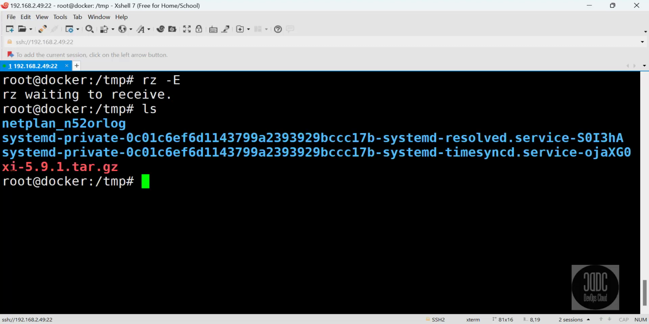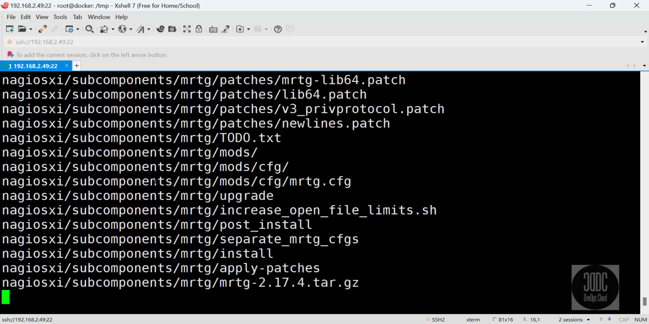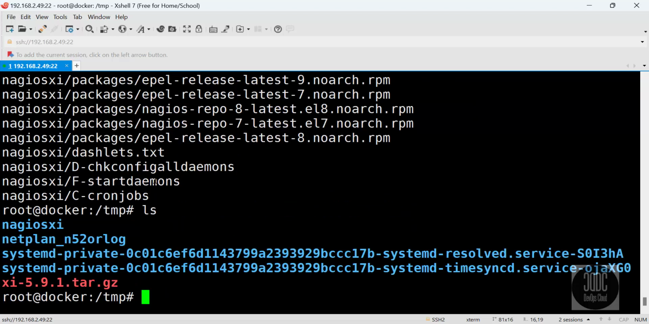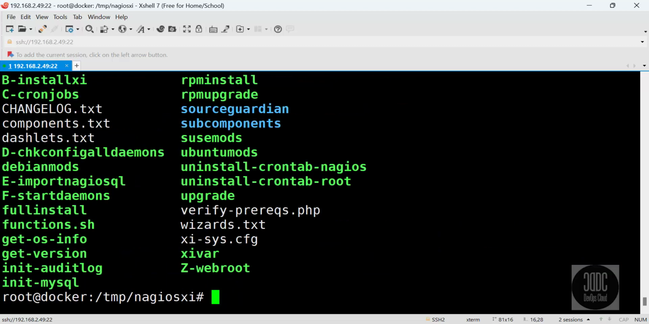It's completed. We can check with ls. Yes, the file is here, and we can run tar xvf file name. Enter the command ls to see. Nagios XI folder is there. Go to the Nagios XI folder,